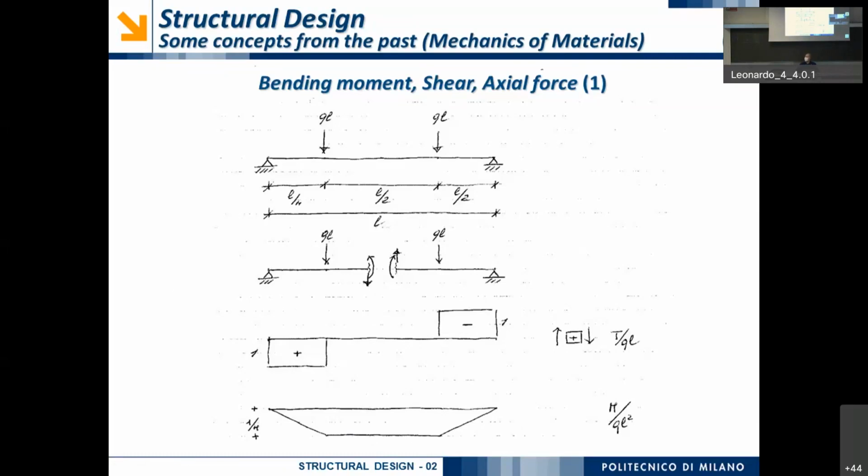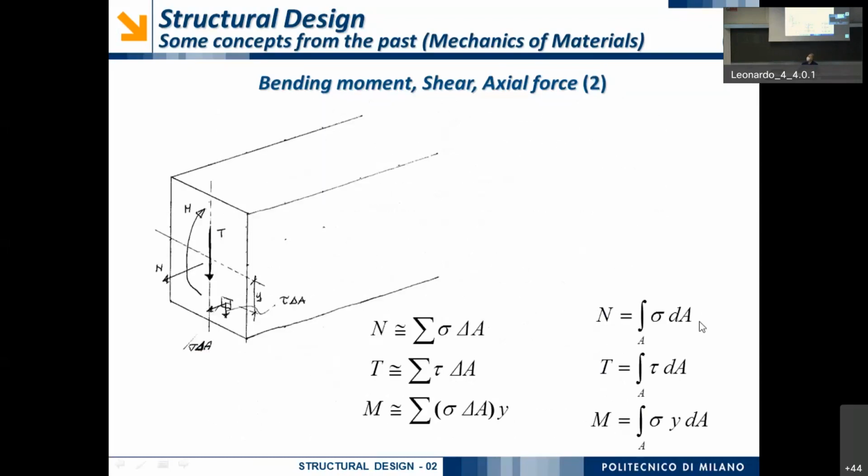So, when there is a uniformly distributed load along a piece of the beam, along that piece of beam we will have, in terms of shear, a linear shear, which is increasing with the length of the piece I'm considering, and if the shear is linear, the bending moment has a quadratic law of variation. It's parabolic, okay? But another aspect I have recalled on past time is that